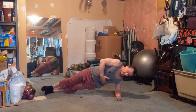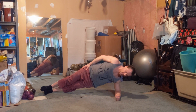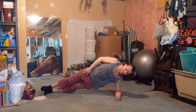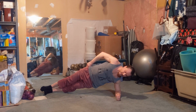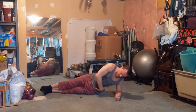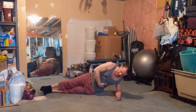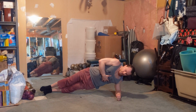Leg is flexed, decompress, stomach comes up, hold, 10, 9, 8, 7, I'm never sure what to do with this hand, 5, 4, 3, 2, 1, down and up 5 times, 5, up, 4, up, 3, squeeze here, 2, IT, glute, obliques, serratus, 1, up, 10, 9, breath, 7,